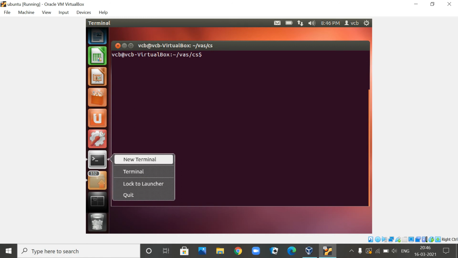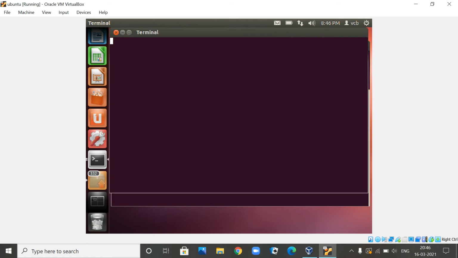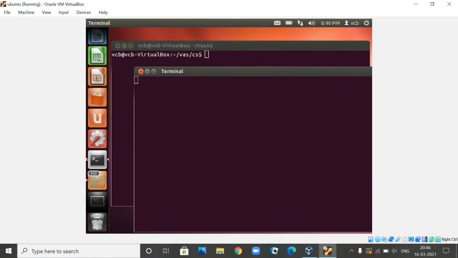Now we will open two terminals. See here, I have opened two terminals. This is the folder where I have typed the program. In the new terminal also, you go into the respective folder where your program is typed, right?